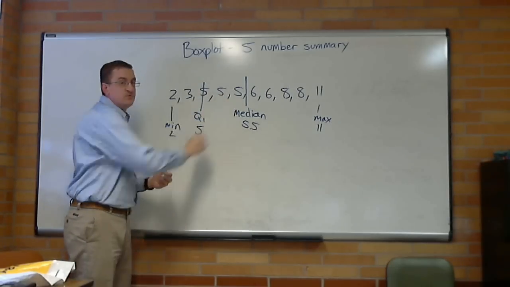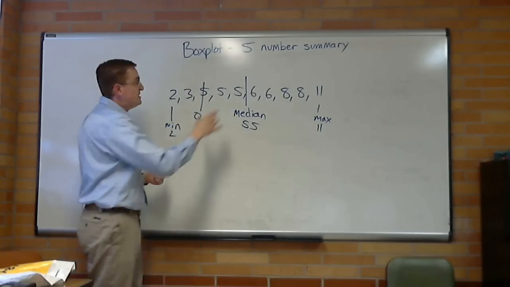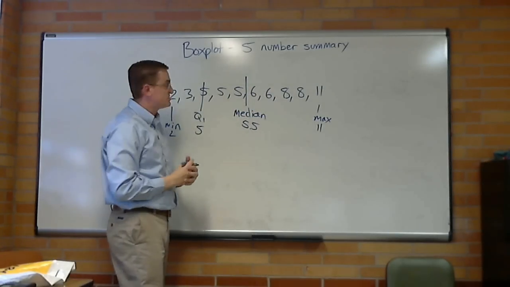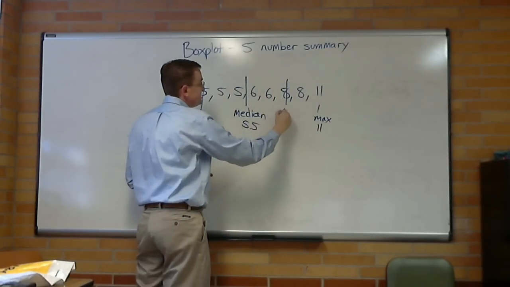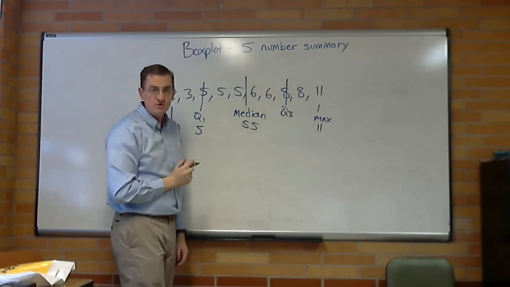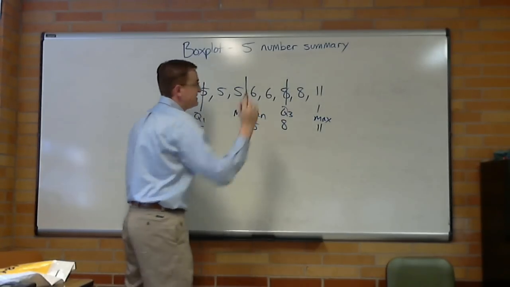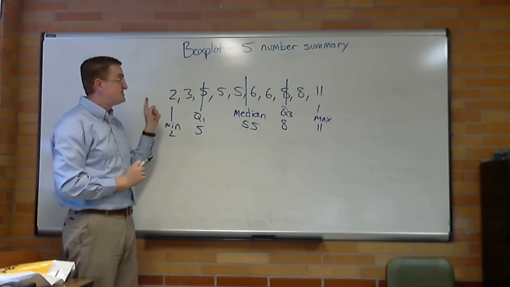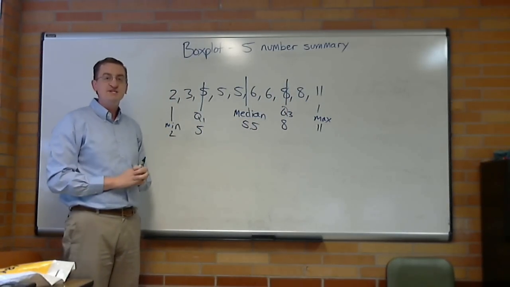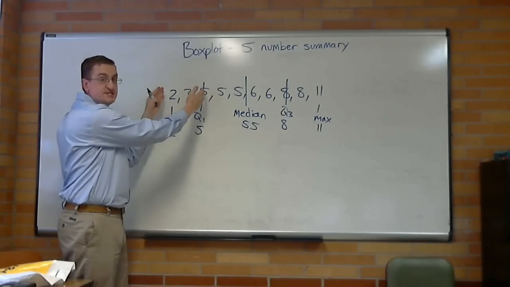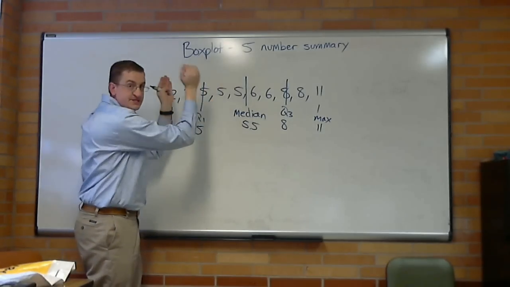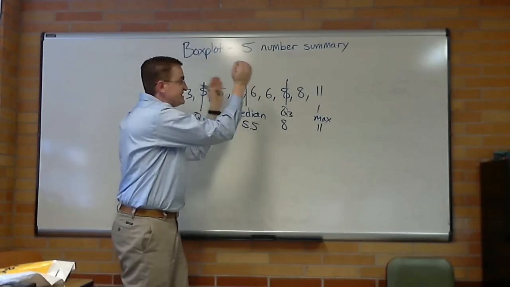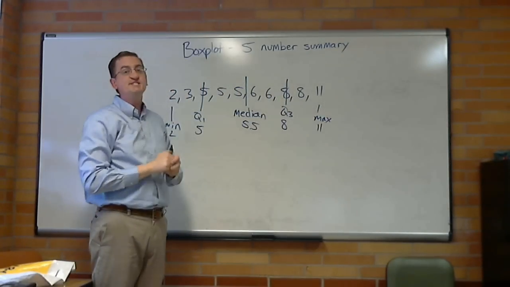The second quarter, we call it the median instead of Q2. And now we're going to find the third quarter, which lands right here. This be Q3, the third quartile. And that is the value of 8. And then here we have our fourth quarter. So, with this 5-number summary, we have divided up our data into 25% of the data is here, 25% of the data is there, 25% of the data is there, and 25% of the data is there.